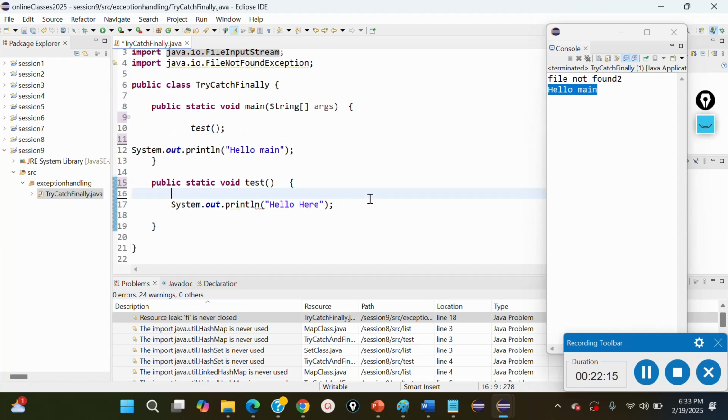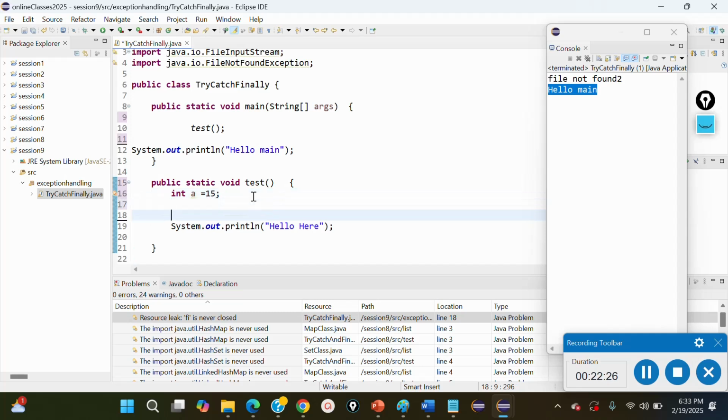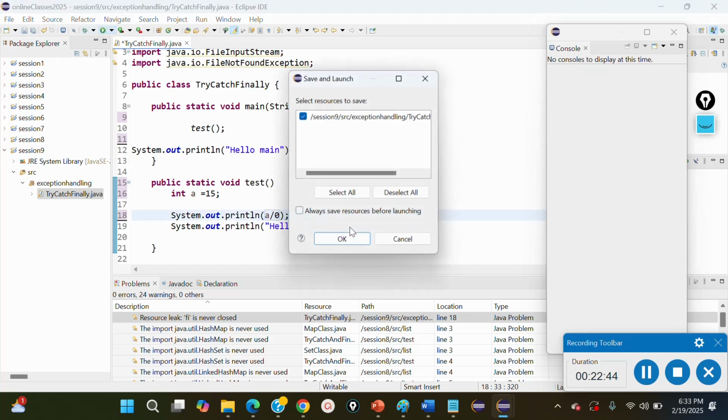Let me take out all of this piece of code, and we have integer a equals 15. Once we have integer a equals 15, we write syso, and here I'm saying a divide by 0. A divide by 0. So this is, as I told already, an unchecked exception. If I run this code right now,